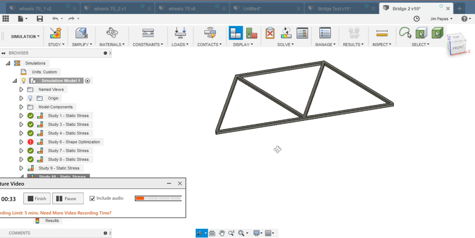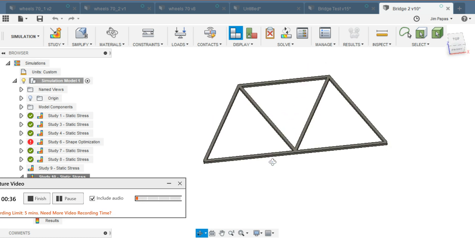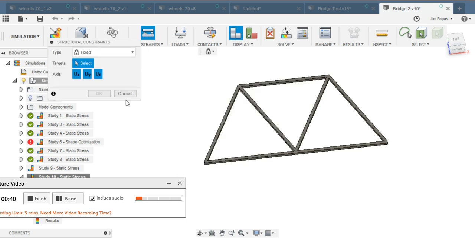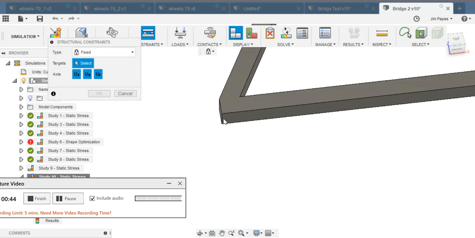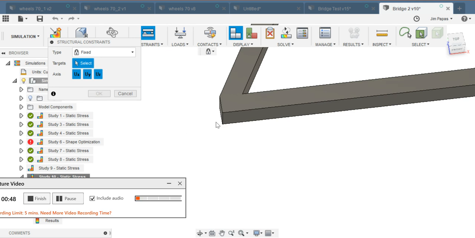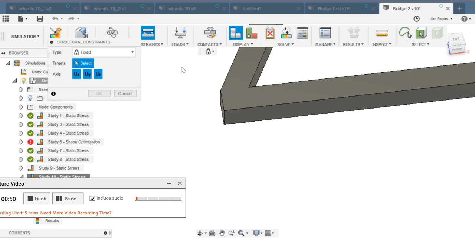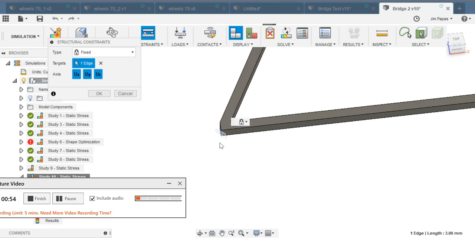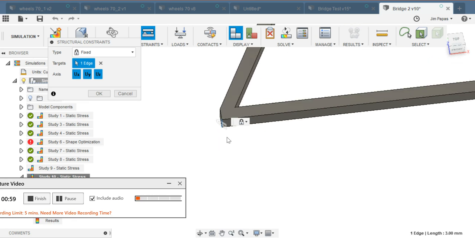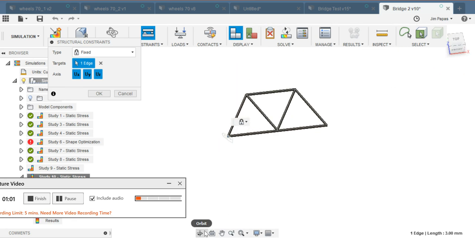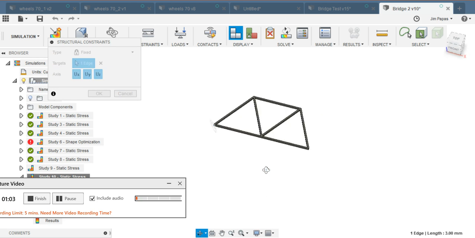So you'll end up with this truss, or your design of truss. Now we need to constrain that truss, or hold it in position, before we test it, and we're going to do that by applying a fixed constraint. We're going to join the truss to the table. So I'm going to click on that edge there, and that will fix that edge so it can't move, which